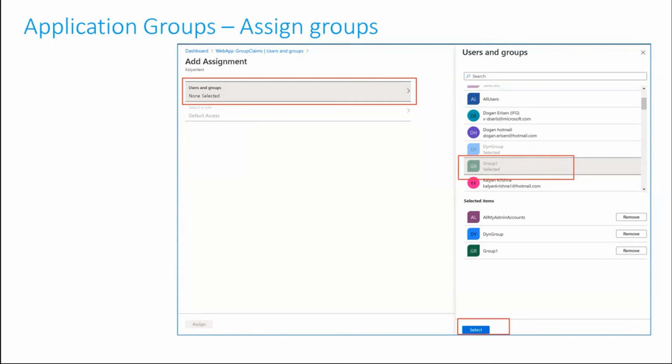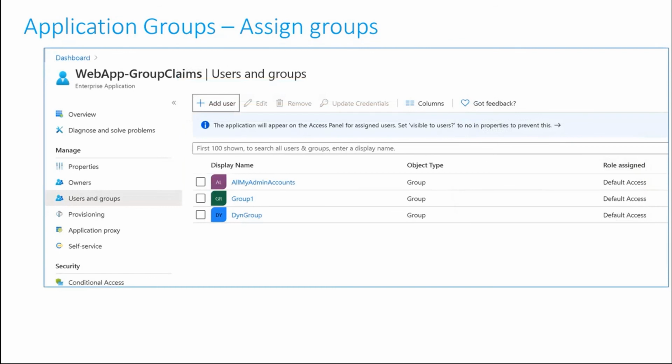Now, just be careful here because this is the same screen that you use to assign roles to your users and groups as well. But in this case, we are asking you to select groups directly. In this case, I've only selected just the groups that are available. The moment you do that, the groups that you have selected here would be taken into account when a user signs in, so that instead of getting all the groups, you will only get a groups claim if the user belongs to one of these three groups.